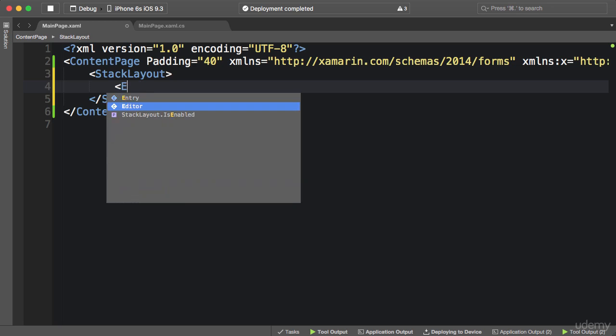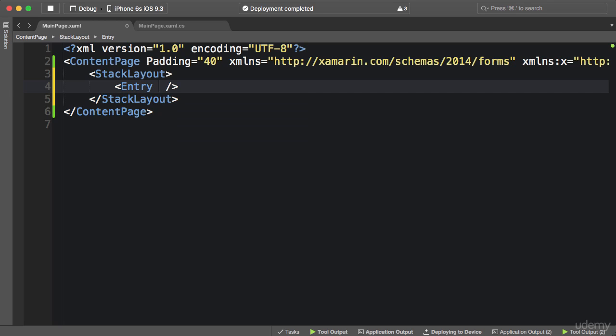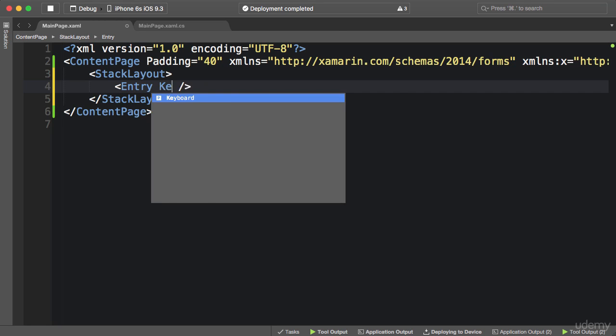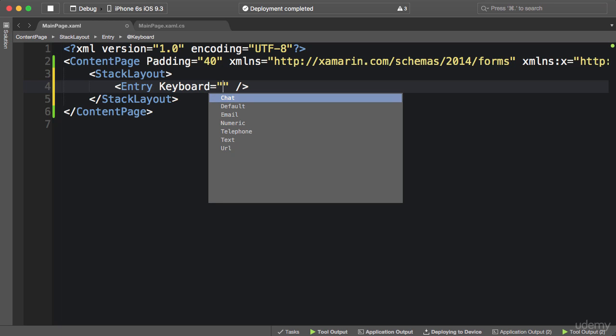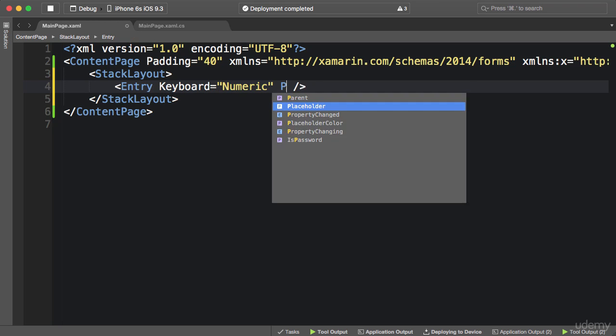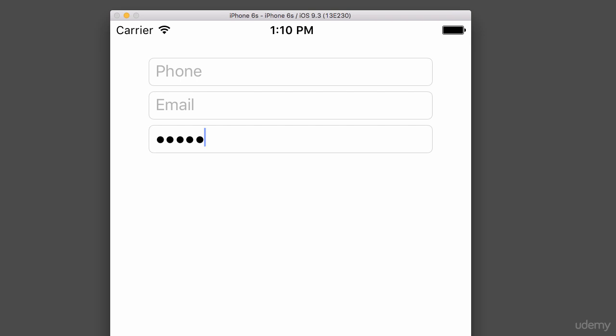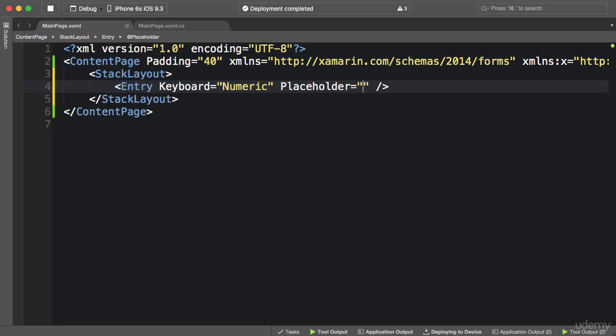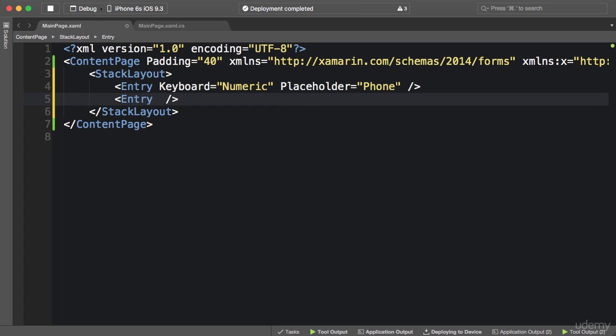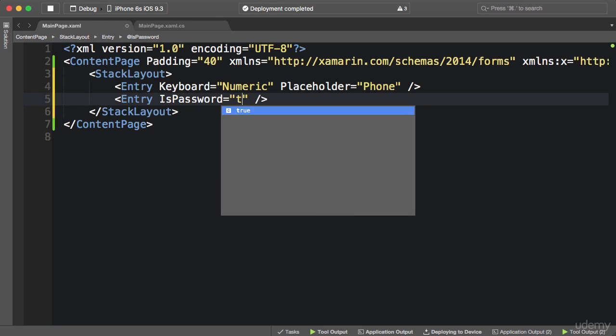To add an entry, we use the entry element. Now here, we can optionally set the keyboard attribute, which is an enumeration. And here we've got keyboards for chat, for email, numeric, telephone, text, and URL. We can also set a placeholder, which is the text that appears here when the text box or the entry is empty. So phone. Now, if an entry is for capturing a password,